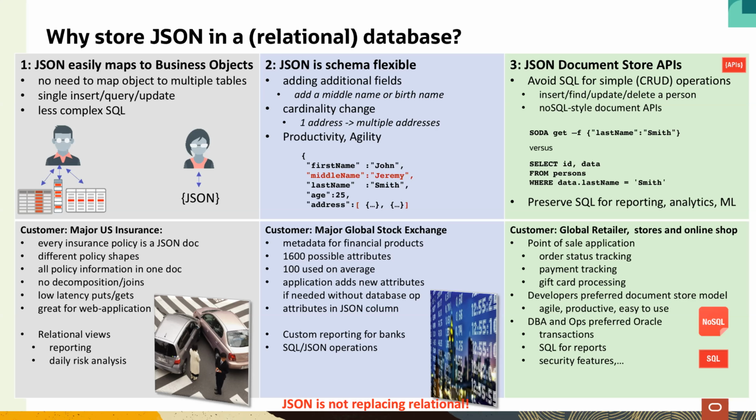The second big use case is schema flexibility. So in our example, where we start with a person having a first and a last name, we may realize if we go to the American market, for example, we also need a middle name. So it's a slight schema change. We're just adding an attribute. So in the relational world, this would be an alter table add column. That's typically not too bad unless you have a DBA who takes like 3 weeks to do this.